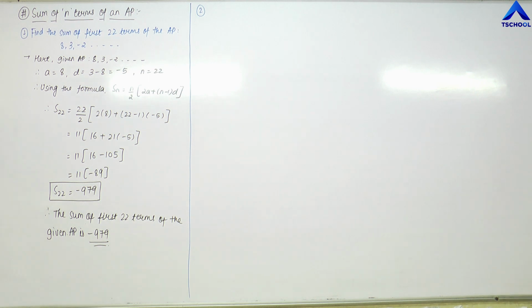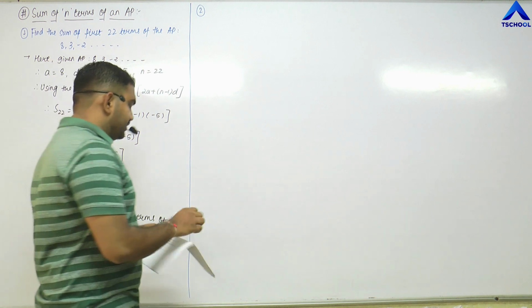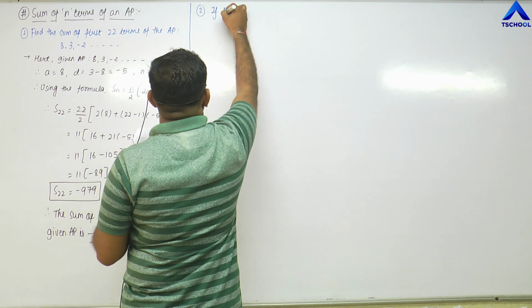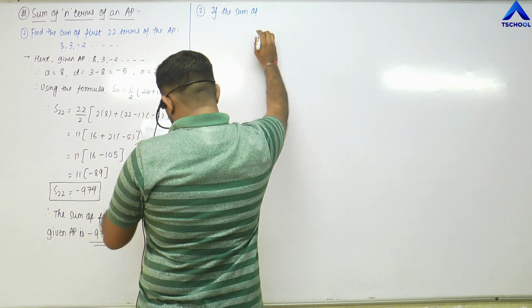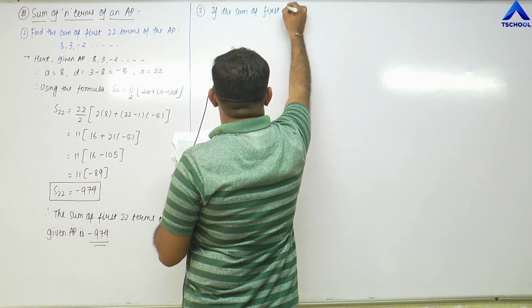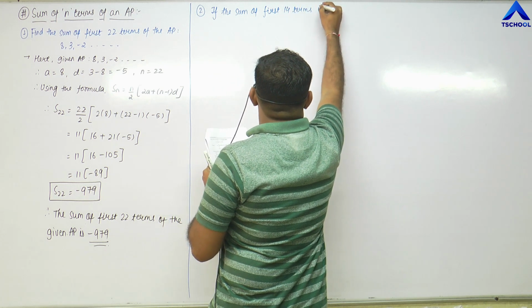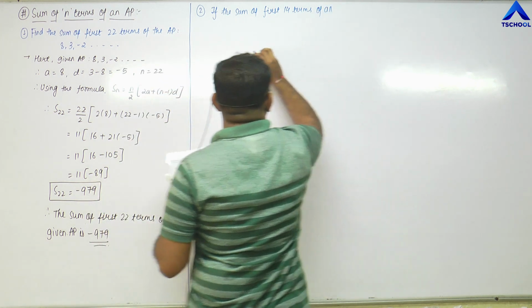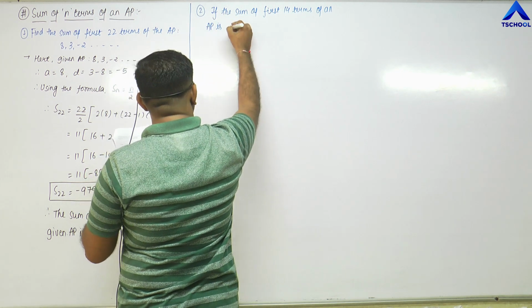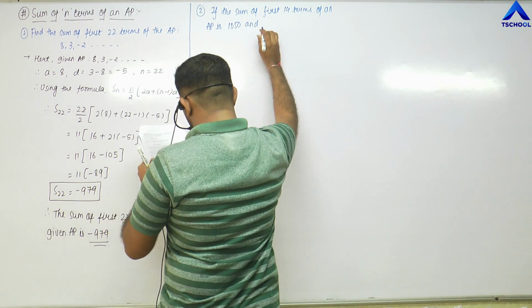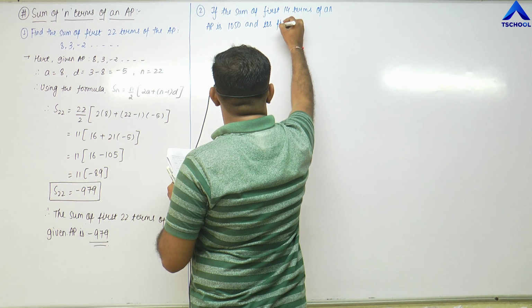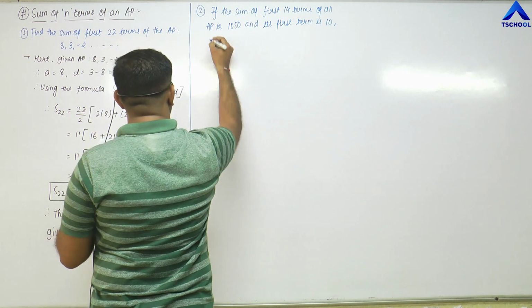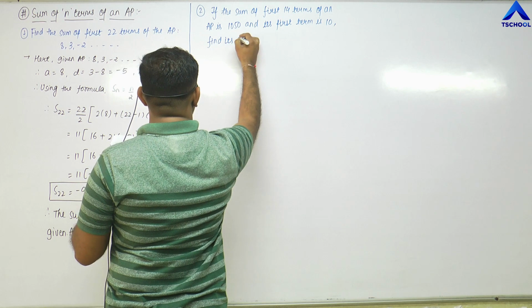If the sum of the first 14 terms of an AP is 1050 and its first term is 10, then find its 20th